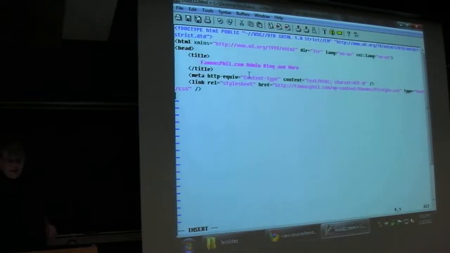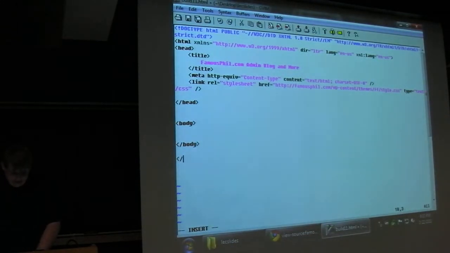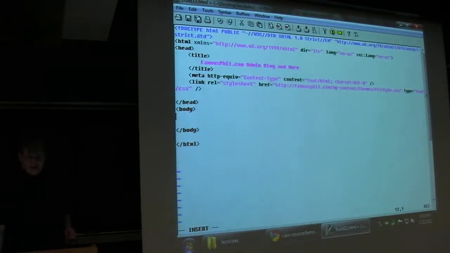in the header. And now since I've created a head tag, I want to close it. So to close head, we do /head. And then we want to open up body, close body, and then close the HTML. So there we go, we have our basic HTML page, and we have some basic information in the header that